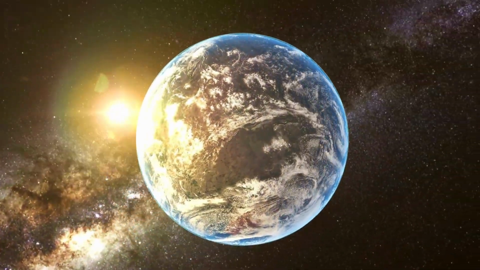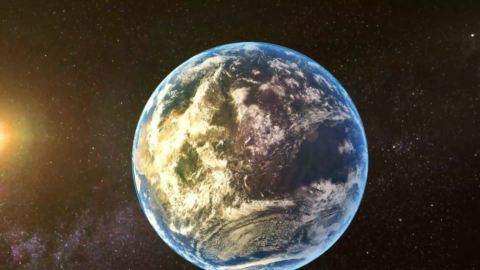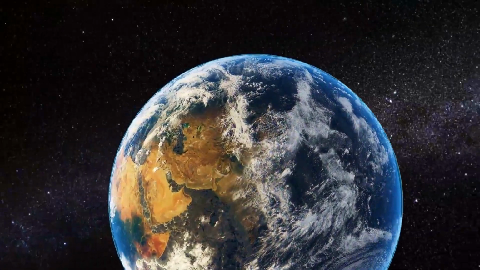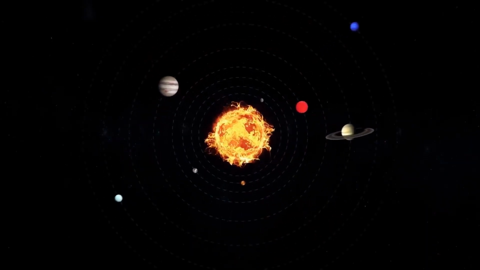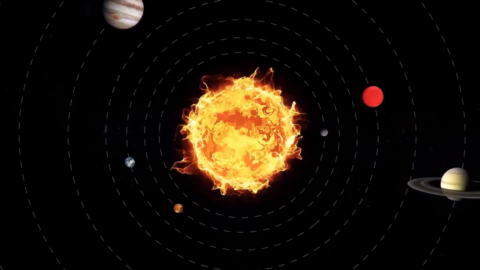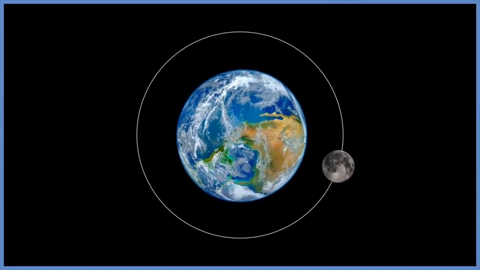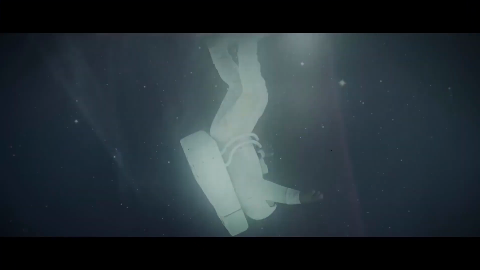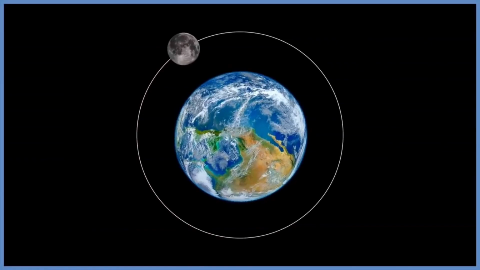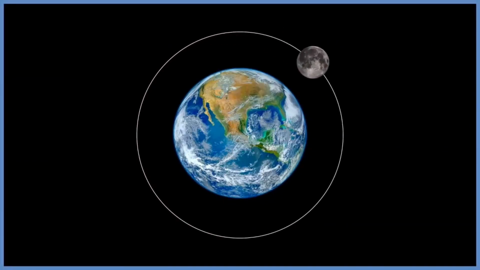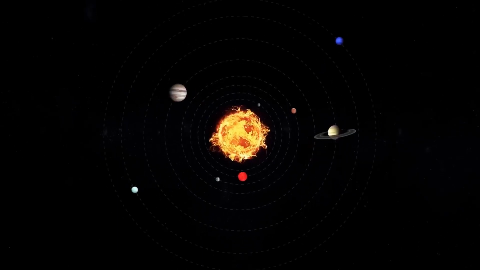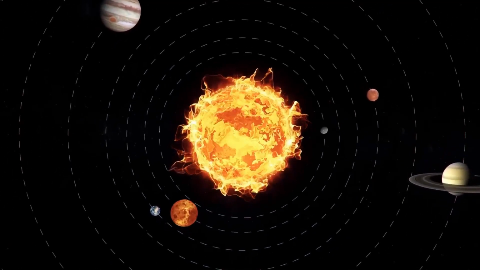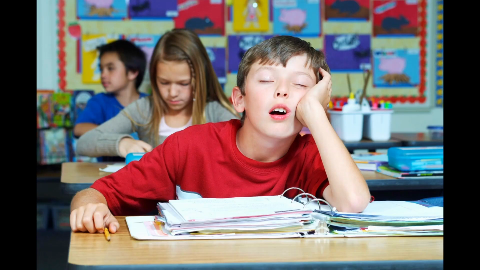I don't know about you, but I've always been curious about how gravity exists in space, how the planets just keep orbiting around the sun, how the moon keeps orbiting around the earth, because I've been told that gravity doesn't exist in space. So, what is keeping these satellites and planets in their fixed orbits instead of just wandering around space? And as you can tell, I never really did pay attention in school.